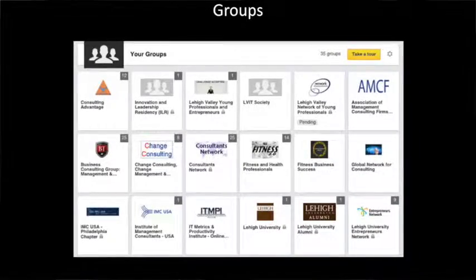Next thing is your groups. Groups can become a very powerful tool on LinkedIn because they allow you to go beyond the people that you're directly connected to. You have to think about groups on LinkedIn like networking groups, like what we're at here, the Lehigh Valley Elites, the BNIs, the LeTips of the internet. So there are a lot of different purposes of groups.